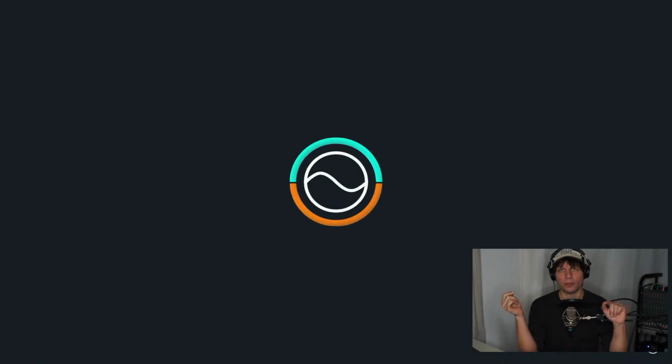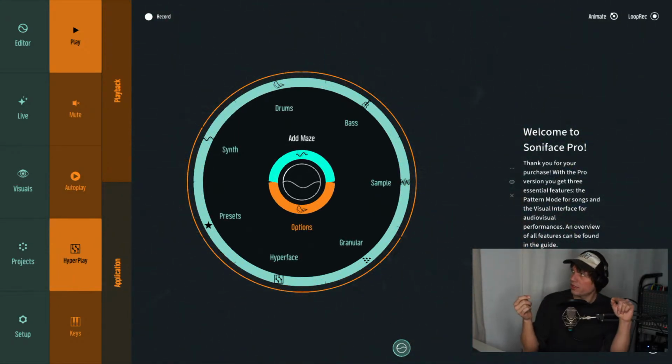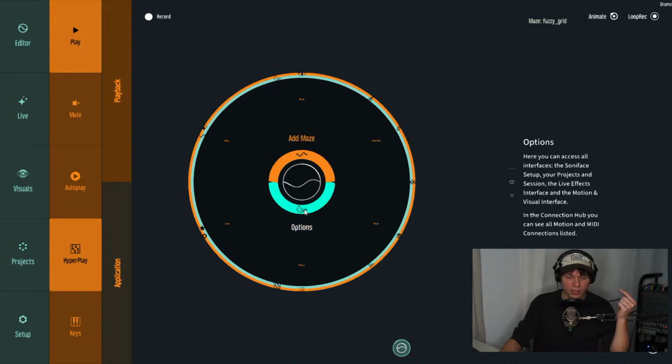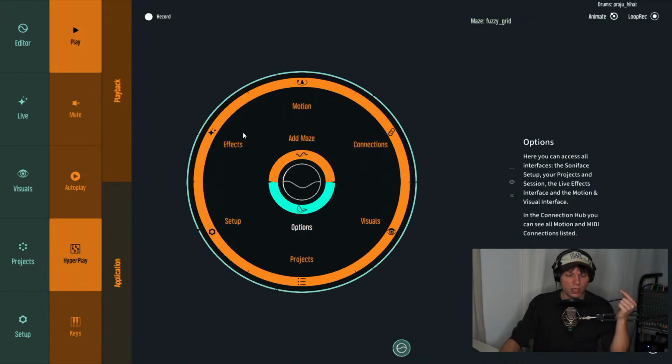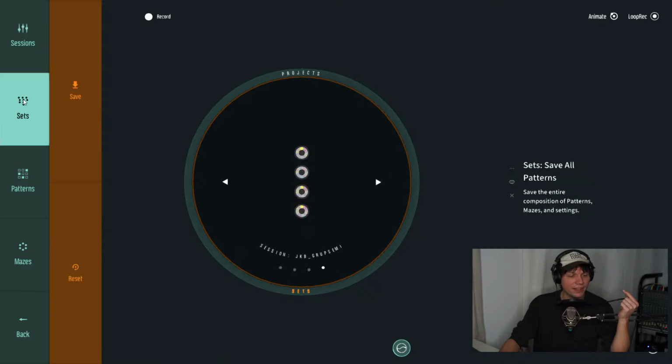I also turned off the additional visuals, so you see now how Sonyface starts, and here you have the menu where you can just add a maze or go to the options and load a session. What I will do now, I go to projects, and you have a list. You see there's a lot of projects in this folder. And because I know my last set I loaded here